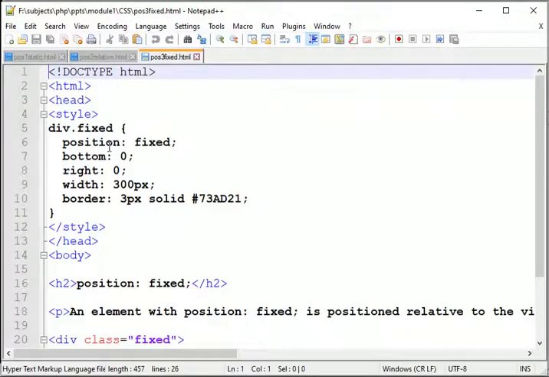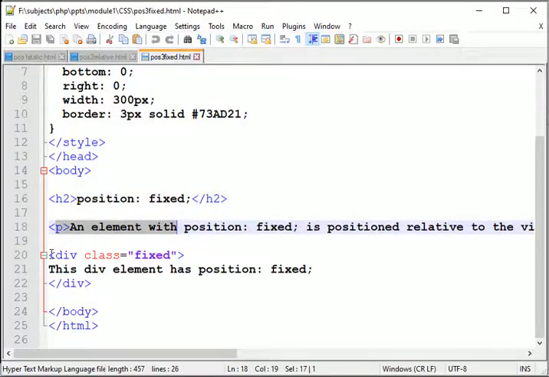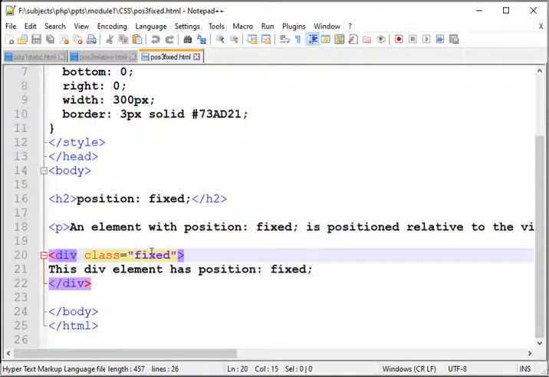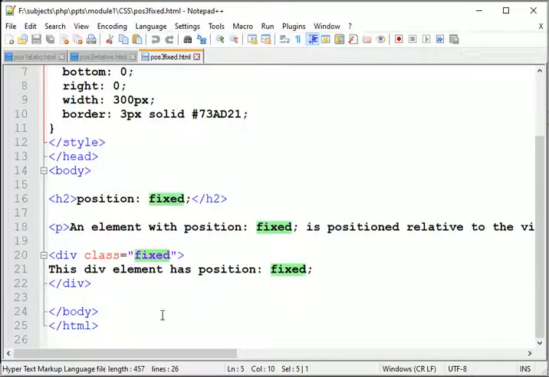By the name itself, its position is fixed, using fixed as the position value. Here we have a heading and a paragraph. This is the class accessing the fixed style.